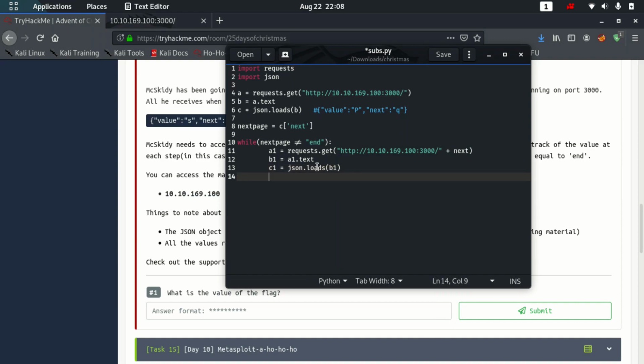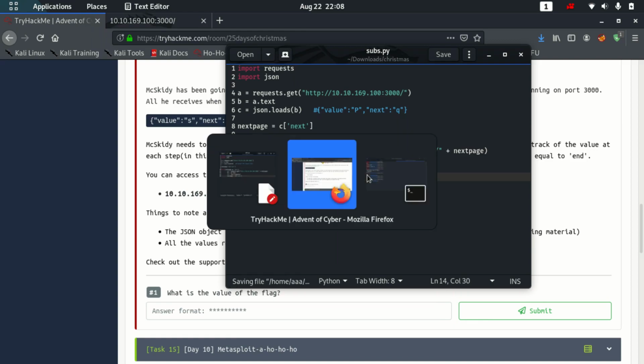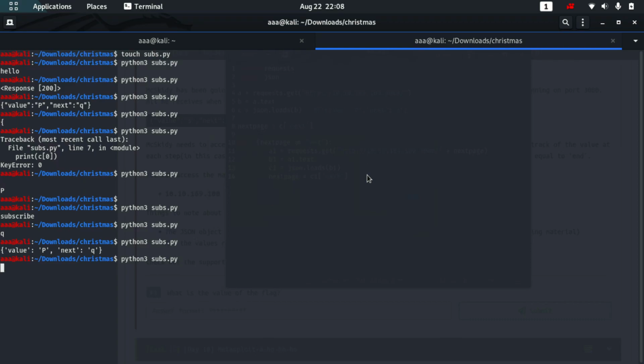And now I'll do next page, which is this. Over here also it's next page is equal to, I'll explain you in just a second, c1, and here I'll put next. Okay, so let me run this for checking some errors if they are there.